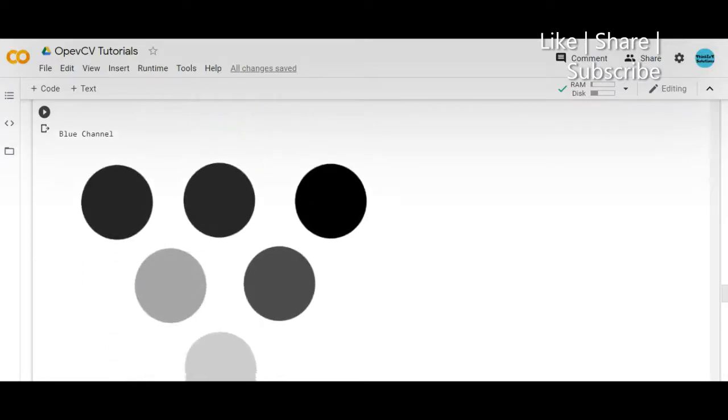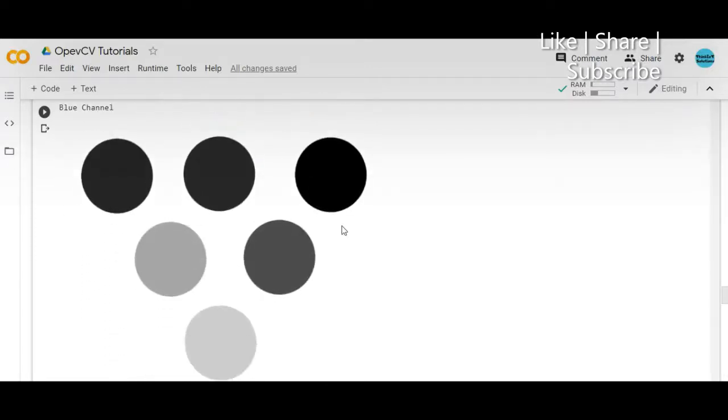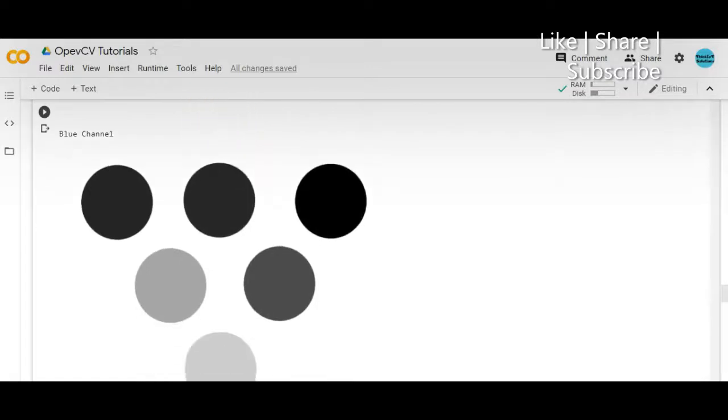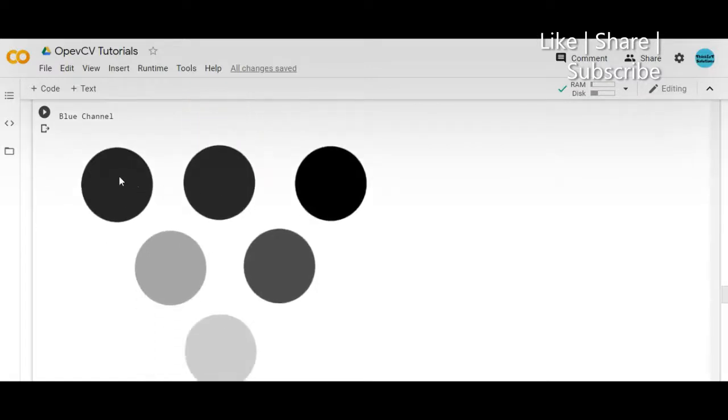So what I did is I extracted the blue channel. So this is the blue channel. In the last tutorial I was explaining that the blue channel will have maximum intensity pixels where the color is blue. So as you can see here, the color was blue in the above image. Therefore at this particular point the pixels are almost closer to white. And here you can see that in the above image the color of those particular circles was red, orange and yellow, and therefore there is no blue content in it. Therefore you can see the blue channel is pretty much dark.